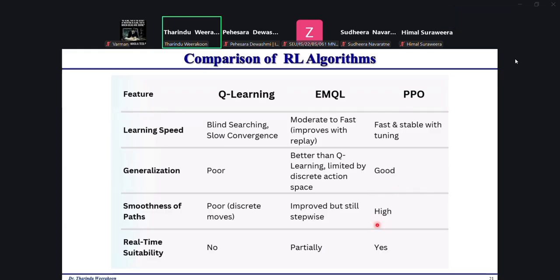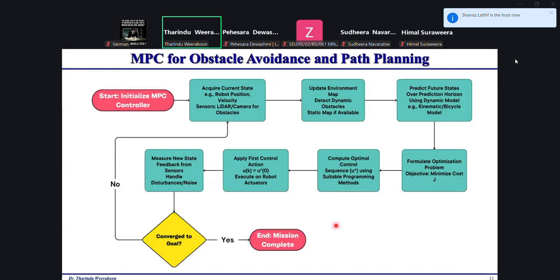Then real-time suitability is comparatively good in PPO compared with these two reinforcement learning algorithms. So finally, we decided to use PPO in our study. This is what we have implemented in our robot.